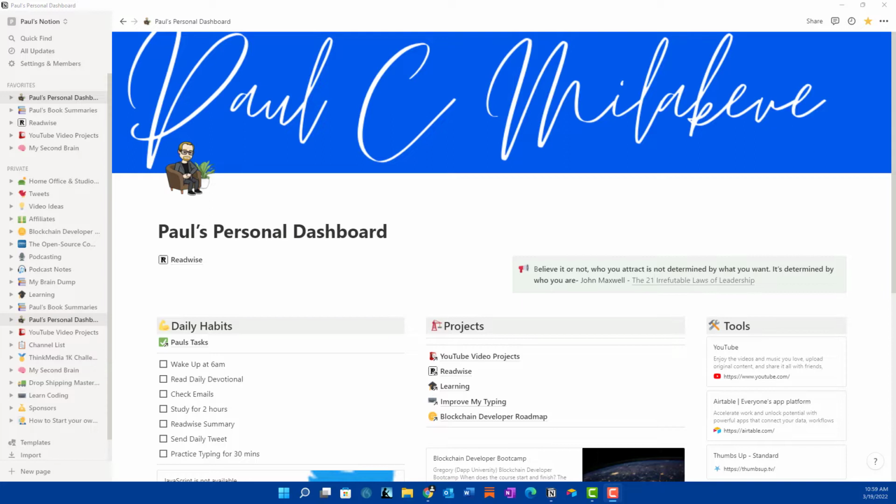So Notion is where I start building out these ideas. Now that I have my core playlist put together and some video topics, I'll move into Notion. So we're gonna go ahead and dive into Notion. Now this is what I wanna say about Notion. Notion is used for many different things, and I do have a dashboard. I do use Notion a lot for note-taking, a lot of projects, a lot of databases. So I did build out this database for my YouTube video projects,